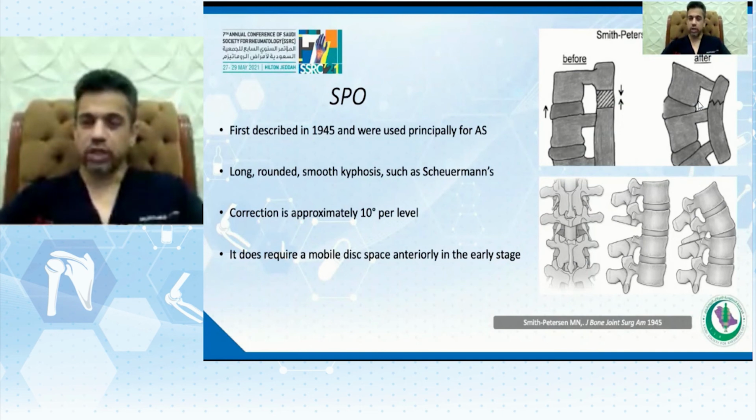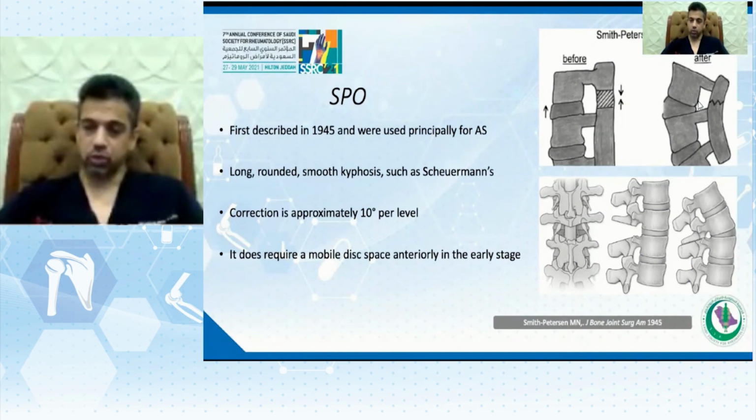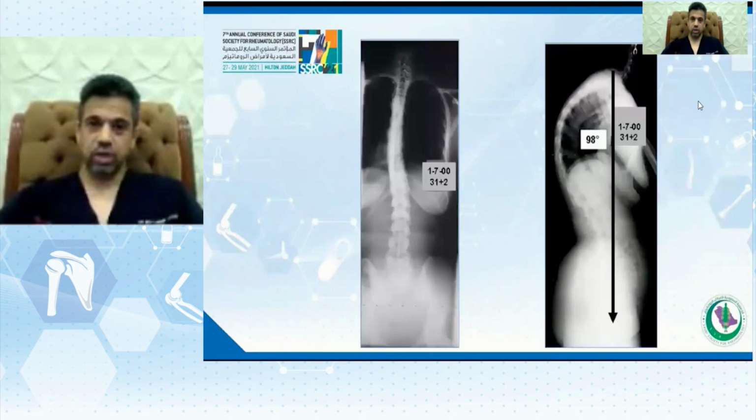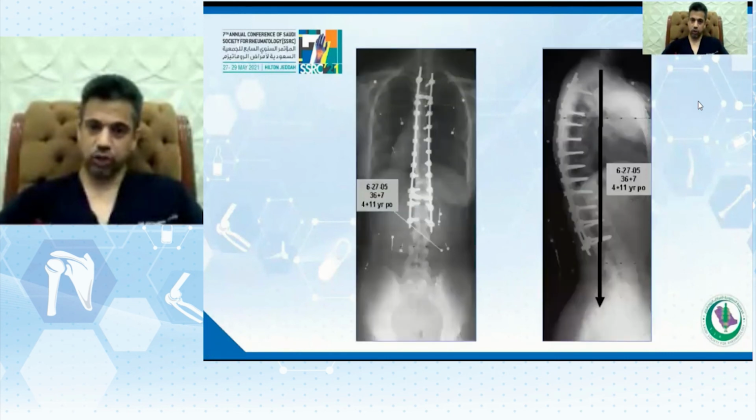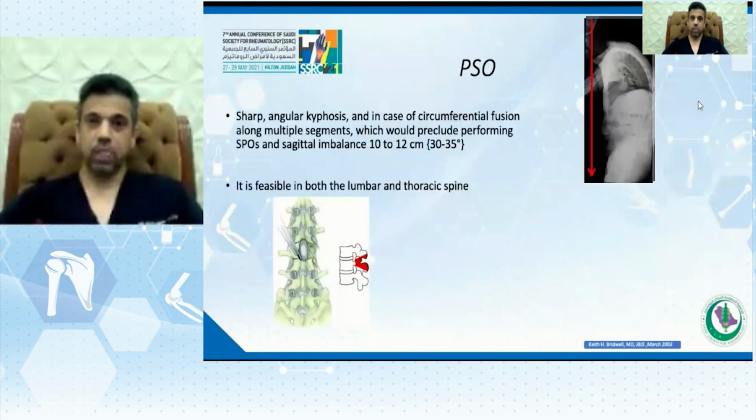It does work in the early stage when the disc is still mobile, but in an advanced stage it is not helpful at all. It can be helpful in other diseases also, like Scheuermann disease. This is an example of multiple-level osteotomies